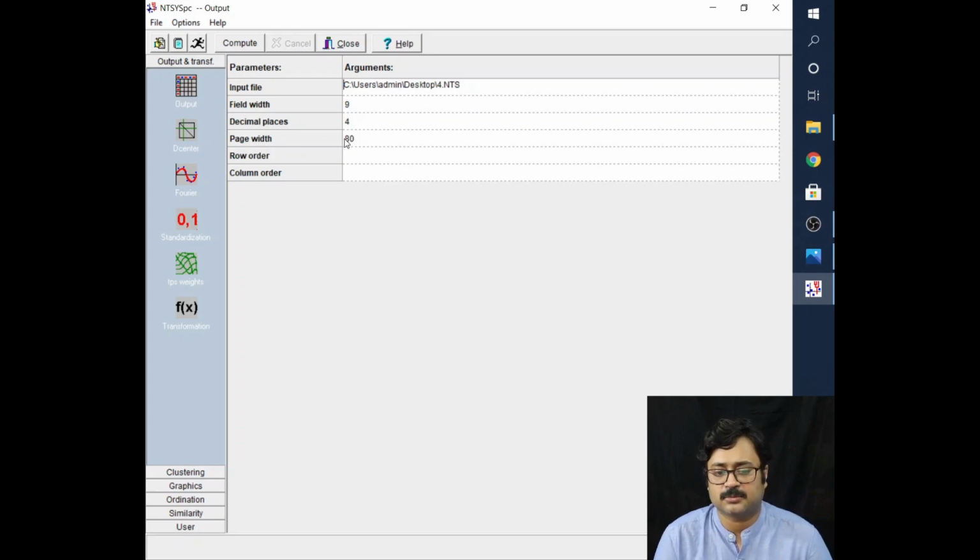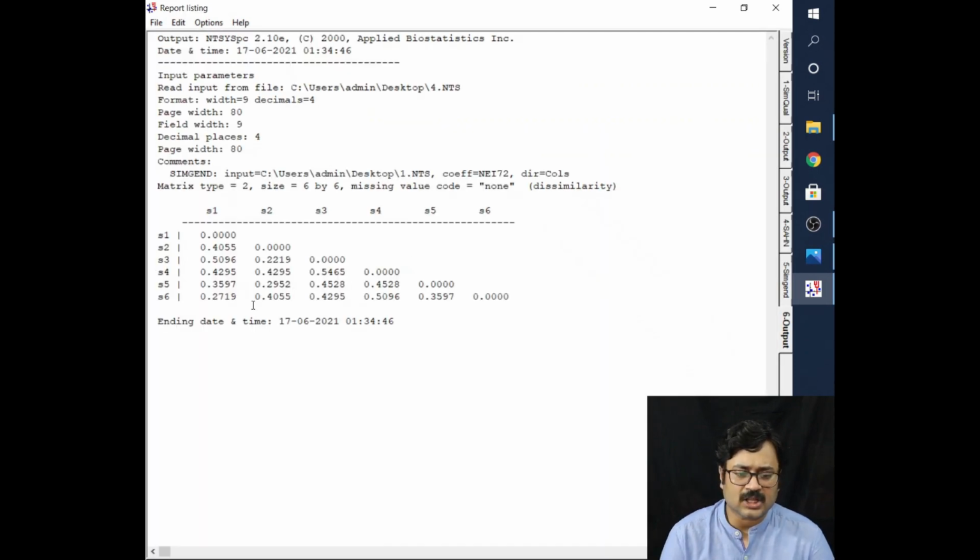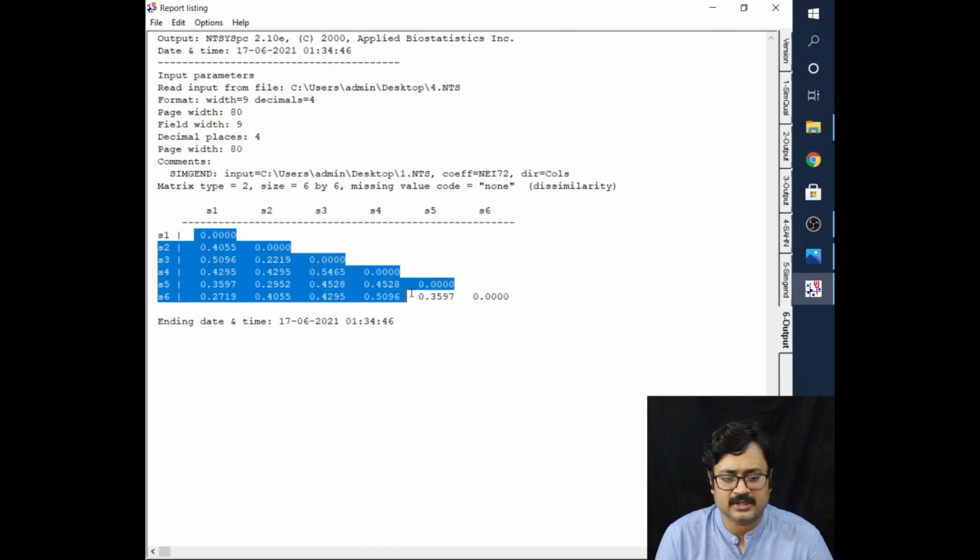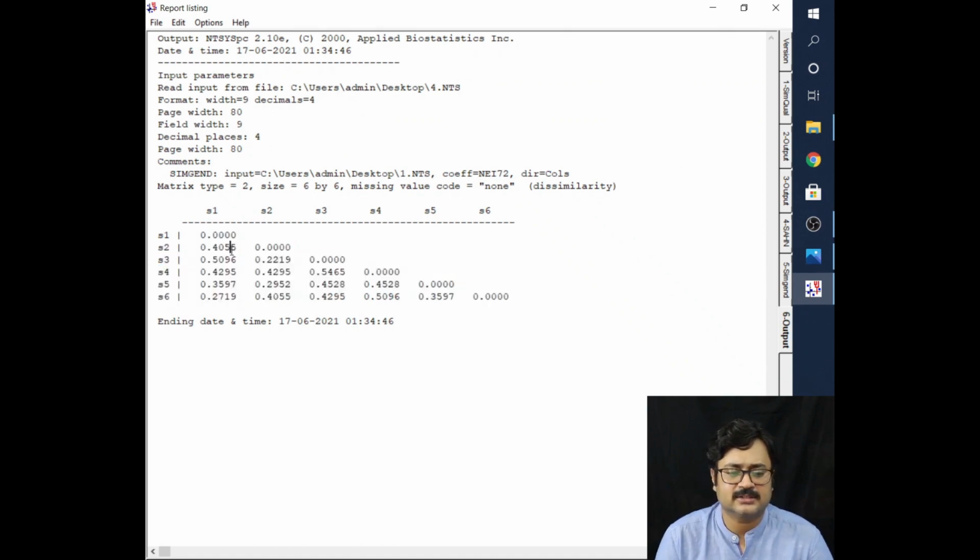Suppose you have to make this 150 or 200 if you have a large amount of data, but for the data that I am using here, 60-80 page width is more than enough. So I will go to compute. Here this is basically the genetic diversity between species 1 and species 2, the genetic diversity between species 1 and species 3, and so on.